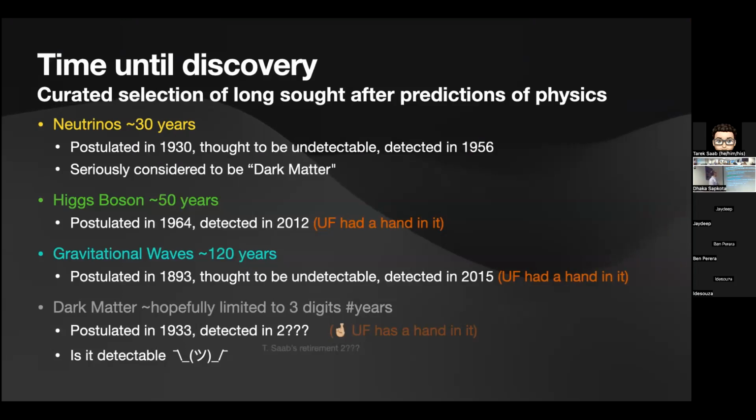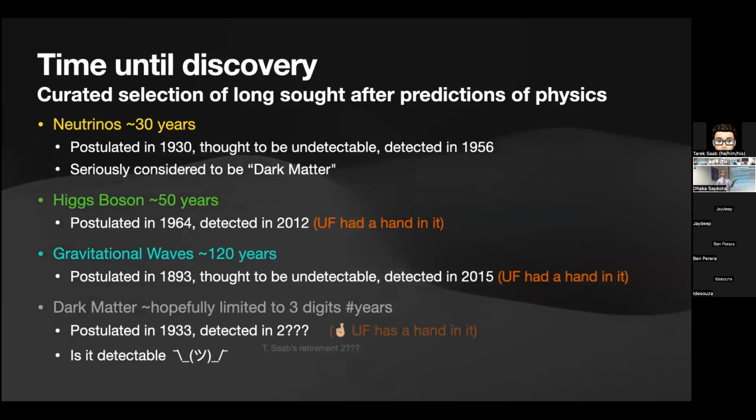So this brings me to the end of the talk, and something I like to conclude with is that I showed you early on the ginormous plot in log space of mass versus cross section where dark matter can be. It's really a needle in a haystack. But there's a history of major physics discoveries where, from the time the idea was postulated to the time they were detected, it spans decades.